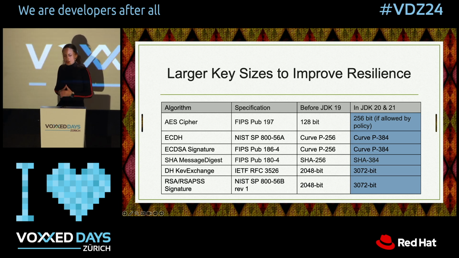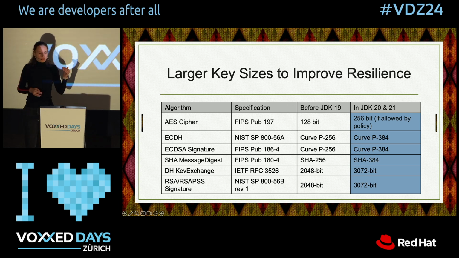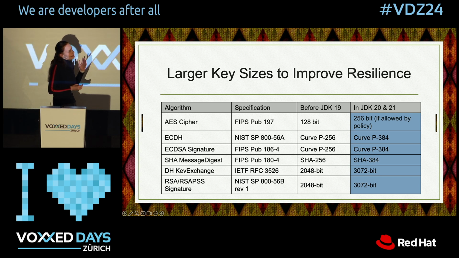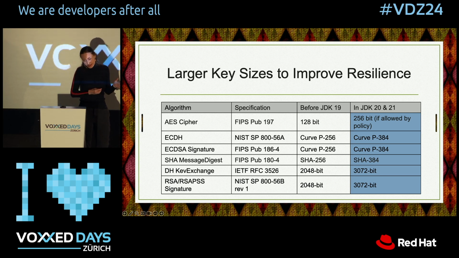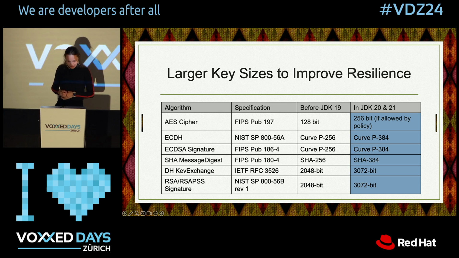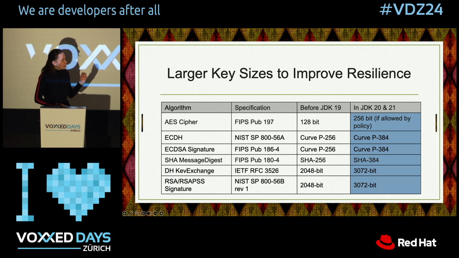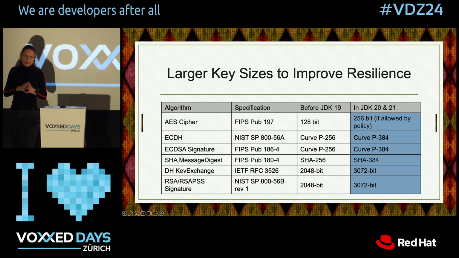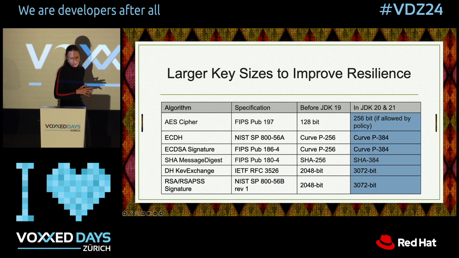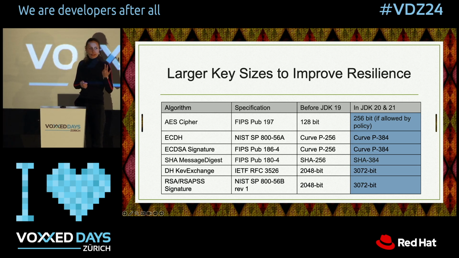Larger key sizes provide stronger cryptographic protection, making it much more difficult for attackers to compromise data. And you have here in the table which algorithms changed and what value they changed their key size to. Now, these cryptographic algorithms protect data and communication by using mathematical techniques, right, to ensure confidentiality, integrity, and